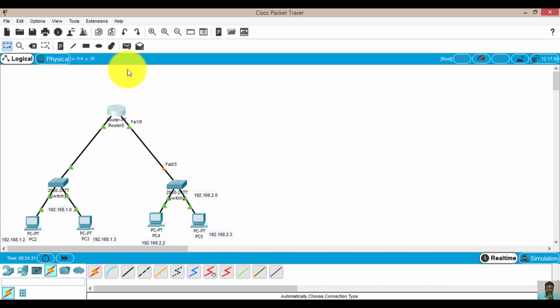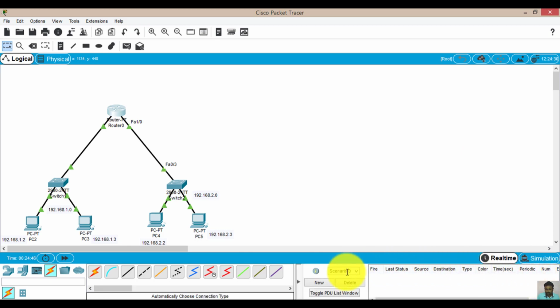So let's start checking whether it is done or not. We can send packets from one system to another to cross check it. For that, you have to go for simulation. You need to click this small arrow mark here. This will open my PDU list window. Meanwhile you can see this has become green. This is my packet, called a PDU, protocol data unit. Click on this. Suppose I have to send a packet from this system to this system. I click here to drop it, and you can see it is a successful communication.